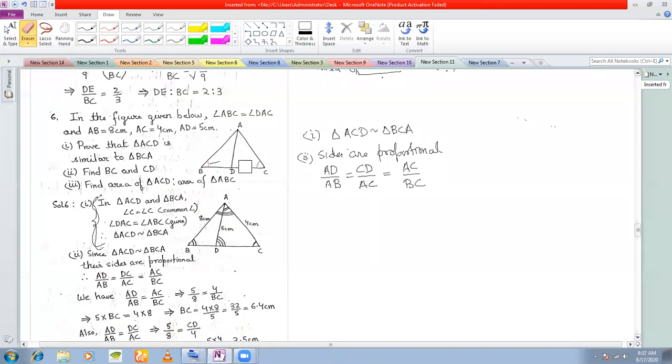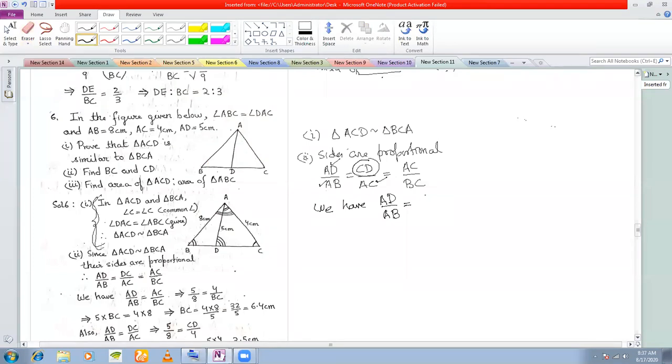Now since I have written the proportional sides, I need to find BC and CD. Let's see what is given here. AB is given to be 8. AC is given to be 4. AD is given to be 5. So this I know. What do I need to find? I need to find CD here. So that means I'll take the first two. So we have AD by AB, so we can use